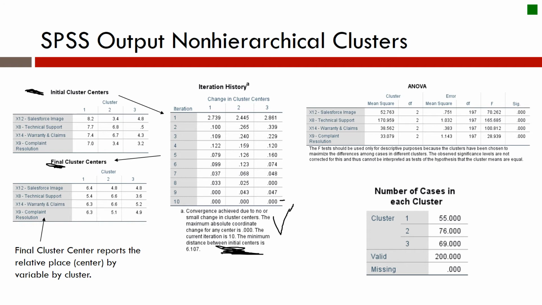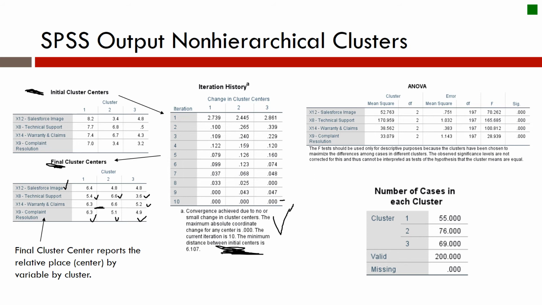So you can see here Salesforce image. Cluster 1 is very high, whereas clusters 2 and 3 are basically even. Cluster 2 is very high on technical support. Cluster 1 is in the middle, and cluster 3 is very low. Warranty and claims seems to be low for number 3, but about the same for 1 and 2. And then complaint resolution seems to be the highest with cluster 1, middle for cluster 2, and the lowest for cluster 3. So even here we can see that there are 3 distinct clusters, and they vary considerably on these different